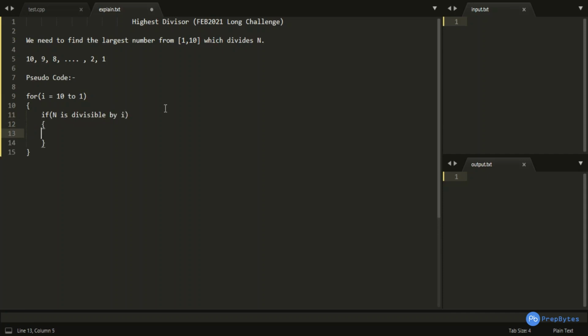If it is divisible by i, I would simply print i and I would break this loop. So this would be the basic logic of solving this particular problem.